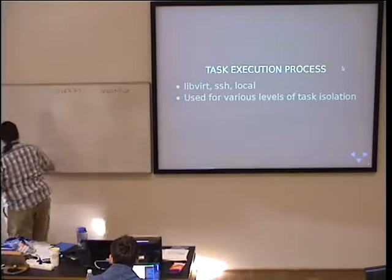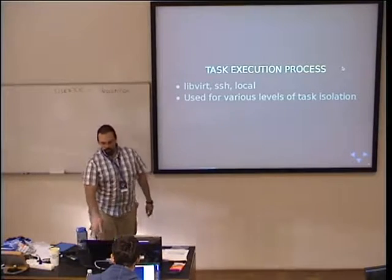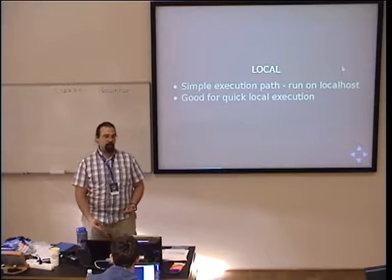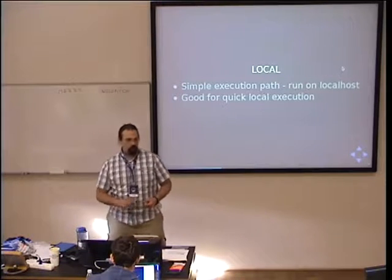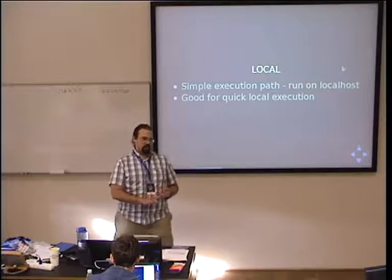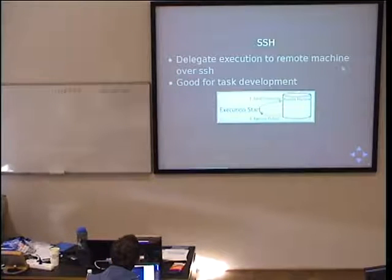So within Taskotron, we have three different ways to execute a task, and we call them local, SSH, and libvirt. Local execution is pretty much what it sounds like. It reads in the task, and it will run things on the system from which it was executed. So if I was in local mode and I ran it from my laptop, it would run those commands on my laptop. It's good for quick local execution and for development in certain cases, where you need it to be quick and it's not destructive and not going to cause any problems. You start getting into the more complicated stuff